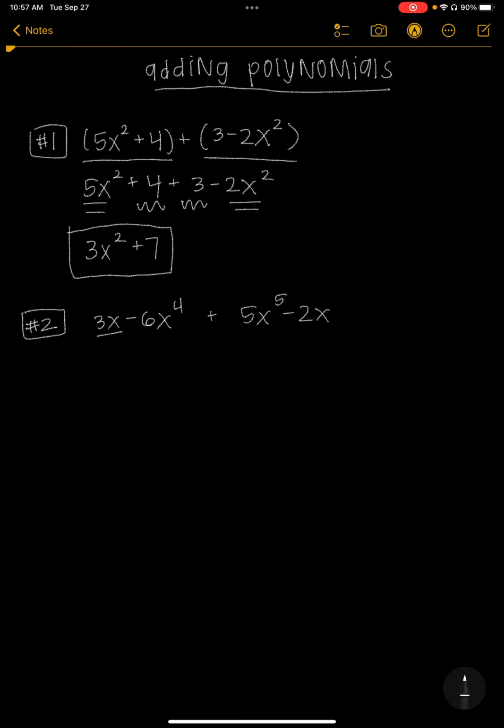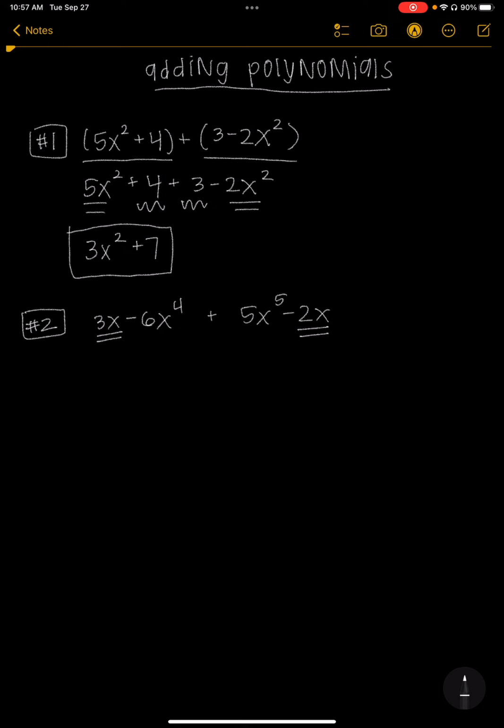Automatically, I see that I have a 3x and a -2x. Those are considered like terms. And then I have a -6x to the 4th and a 5x to the 5th. These are not considered like terms. The reason why is because they have different exponents. So I can't add them together, and that's okay. That just means that we have to rewrite them in our answer because we're not changing them. We're just